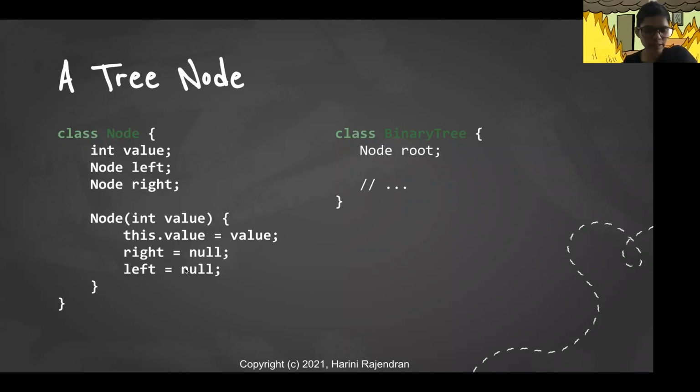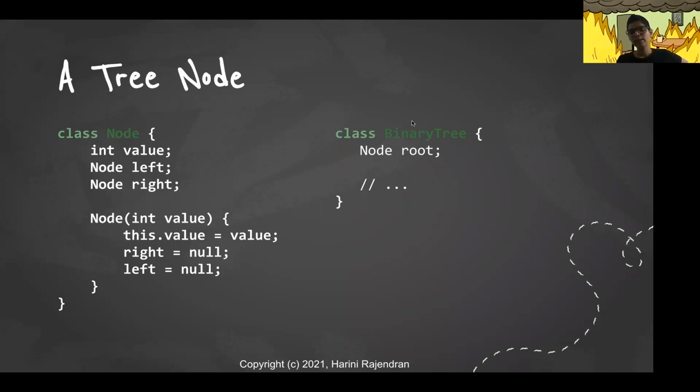So when we instantiate a node, we usually give a value to it. So we assign that value. Since this is just a node, which is not yet attached to a tree, we usually just set the left and the right child as null. And when we add it to the tree, we actually link it with the appropriate left and right child. So this is how we usually define a node, with a value, a left pointer pointing to the type node itself, and a right pointer pointing, again, to the type node itself.